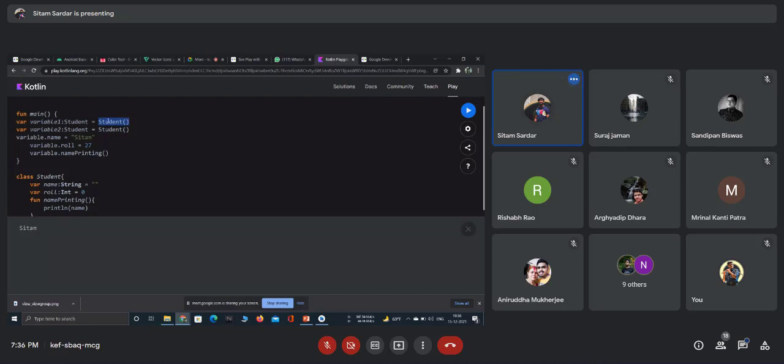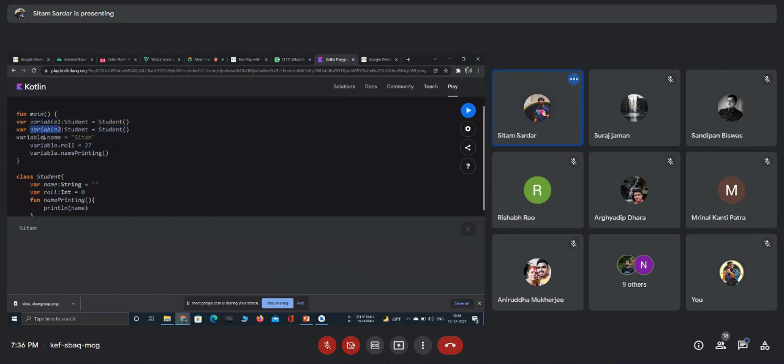The memory allocation created by this statement is totally different from the one created by that statement. What we are assigning here is a memory address of that particular allocation. So in simple words, variable 1 is totally different from variable 2.